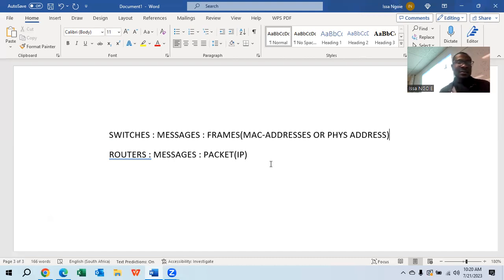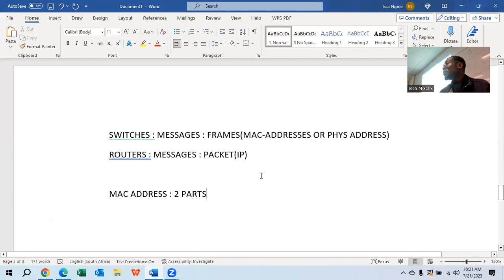And guys, because I'm talking about this MAC address, it will have two parts. Every MAC address you can see from your phone, from your device, has two parts. Do remember that. There is a part that is unique to your device, and there is a part that is unique to the manufacturer. Your physical address has a part that identifies the manufacturer and a part that identifies your device.